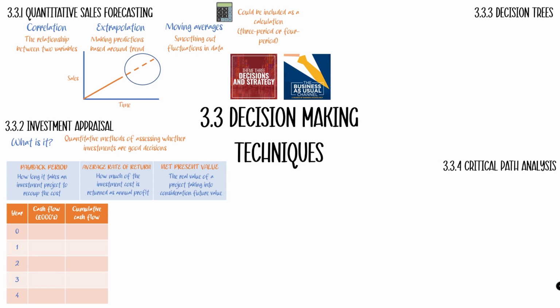But the general concept here is we've got years 0 to 4. Year 0 means right now, like today, so the beginning of year 1. Year 1 means at the end of year 1. Year 2 means at the end of year 2, etc. And then our cash flow is effectively how much money this project has cost us and generated over the course